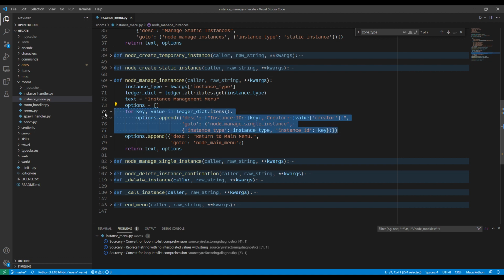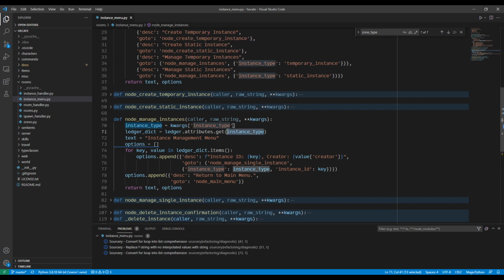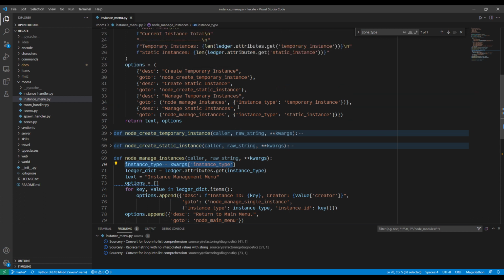So every time you open up this menu node, it'll go through every instance in the dictionary of the ledger. And the way that we know which ledger to use, or which dictionary to use from the ledger, is we tell it what instance type. How do we know what instance type? It's because we pass the instance type through the keyword arguments. So what we do here is, in Eve menu, you can not only tell it what node to go to next, but you can also pass a dictionary along with it,